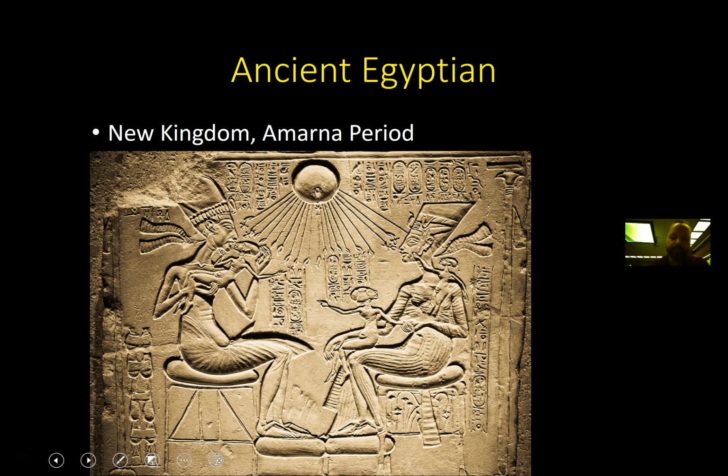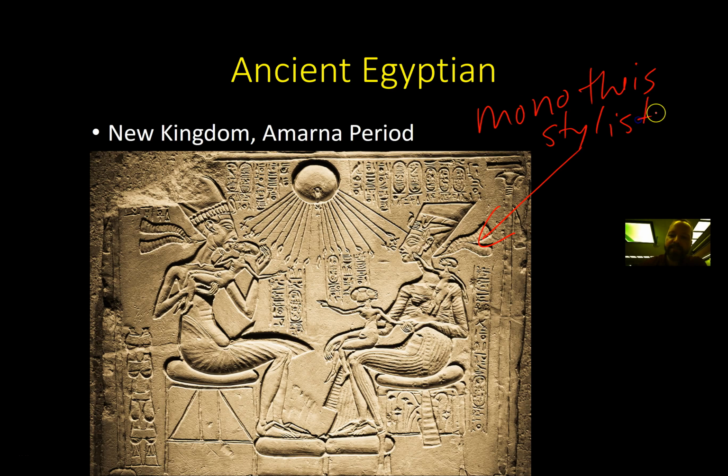I want to take a moment to remind you guys that in the middle of the New Kingdom, there was a sort of breakout period under Akhenaten where he creates a monotheistic religion, and the 1,000-year-old traditions of representation and the way in which power is represented and the way in which people are represented is thrown out temporarily, right? And so with the change of monotheism in Egypt comes a stylistic change, and the stylistic change helps us to